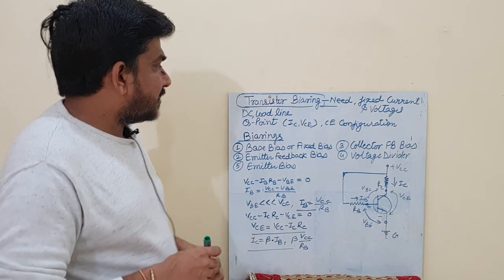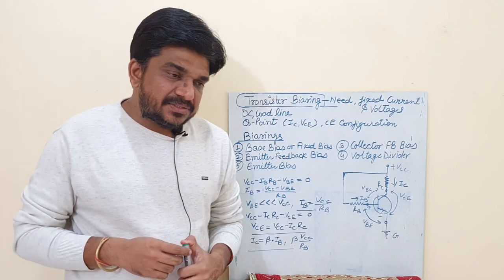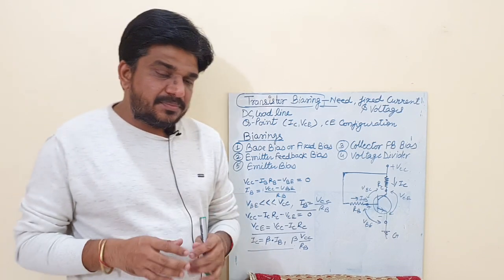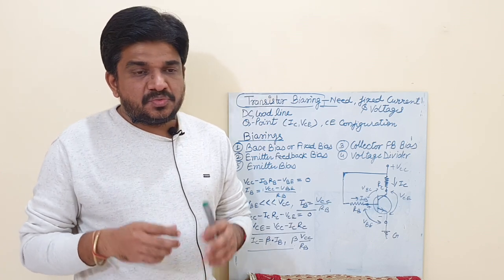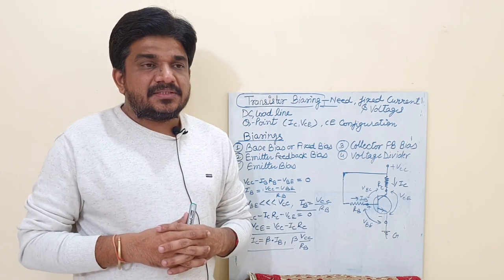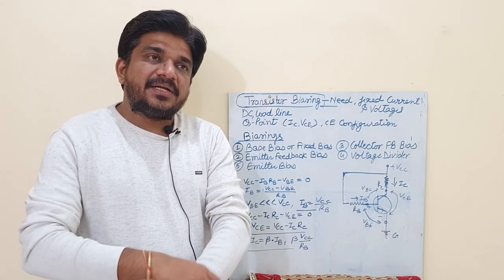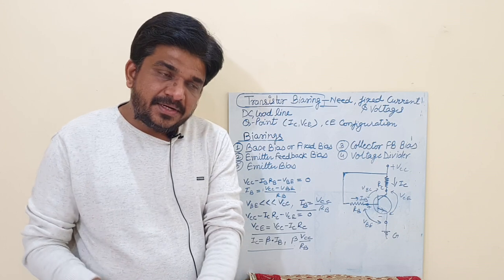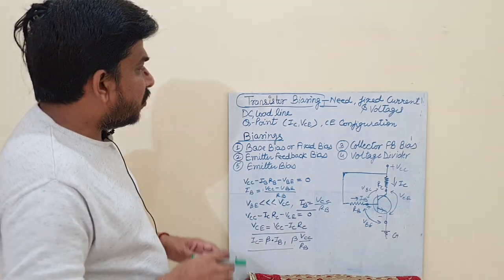Now the next thing is transistor biasing. As you know, whenever I use the word biasing, biasing means to stabilize a circuit. Some external battery sources we are connecting to our circuit, but it is for the betterment, to get a better and stable output. The same thing we are doing here.